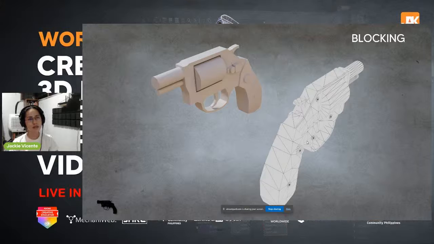Once we're satisfied with the blocking, you can check its silhouette. Just turn off your lights inside Maya to see if indeed it does look like a gun. If it doesn't look like a gun, then something's wrong with the silhouette. The silhouette is very, very important because in games sometimes there would be rooms that would be so dark, and the gamers should be able to distinguish one object from another based on their silhouette. Then after we're done with blocking,